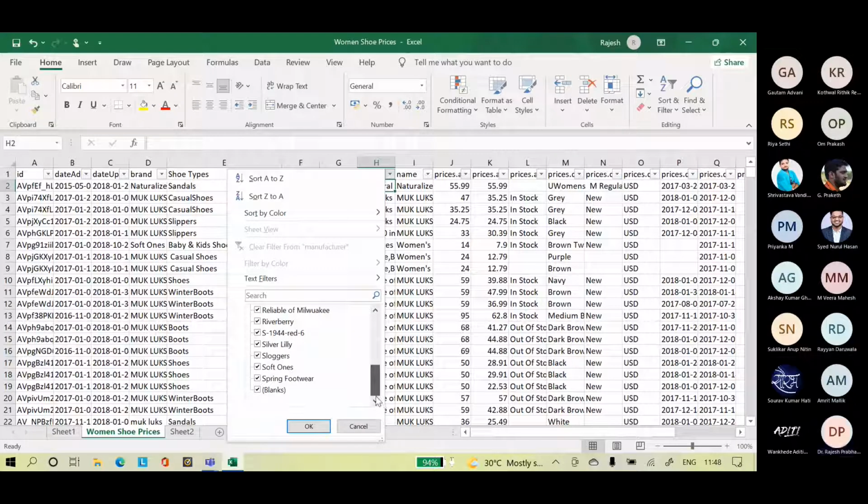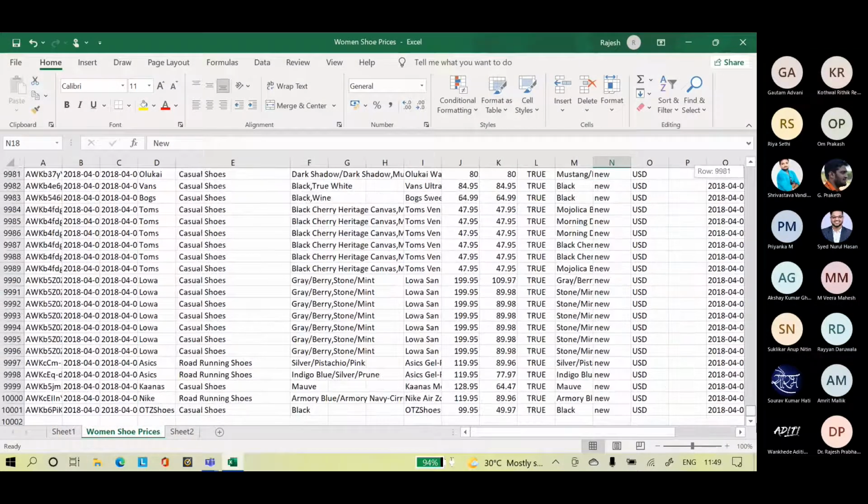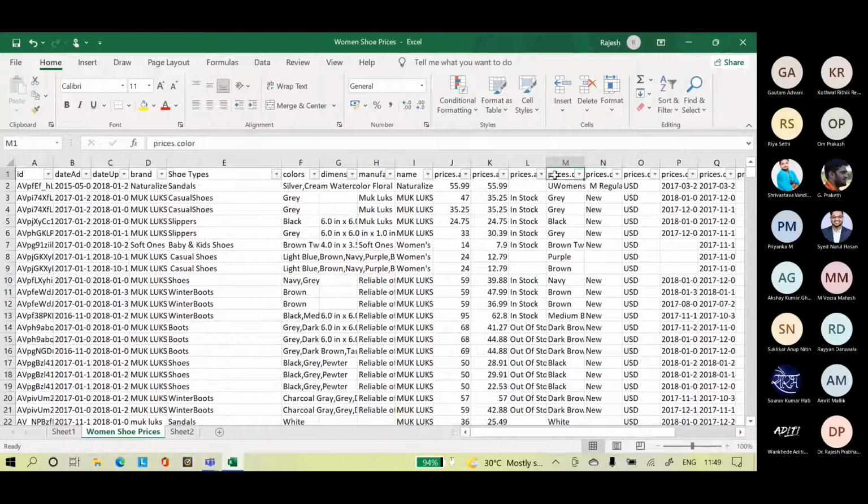Logger, Silver Lily, soft ones. Then we have the prices. Minimum price, price availability, max amount, min amount. Price condition or shoe condition. Price color. Okay.